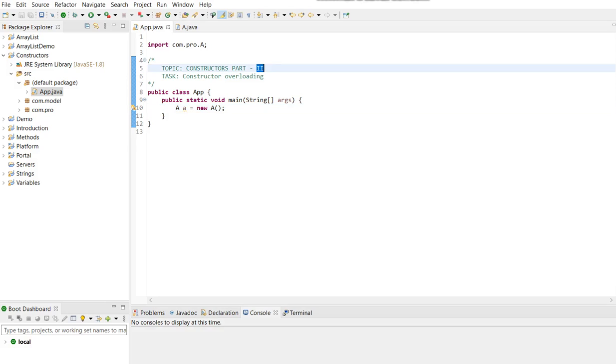Okay, this is part 2. So watch part 1, well and good. If not, then I'll recommend you to watch part 1 first and then come here. So in this topic, the topic is constructor part 2, and the task here is to understand what is constructor